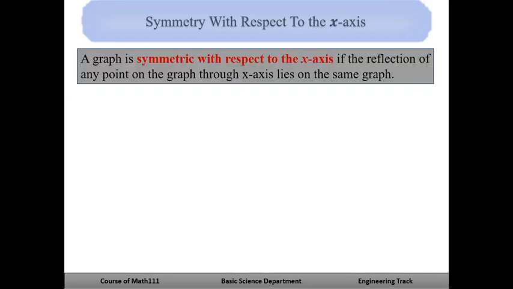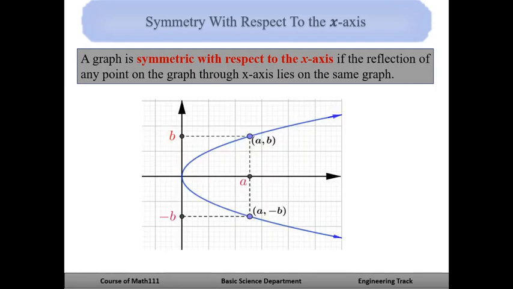Now, a graph is symmetric with respect to the x-axis if the reflection with respect to the x-axis is the same. I mean, it's on the graph. Like, take this one, its reflection with respect to the x-axis is here again, so it's on the graph. And also, you can say if you fold this one,